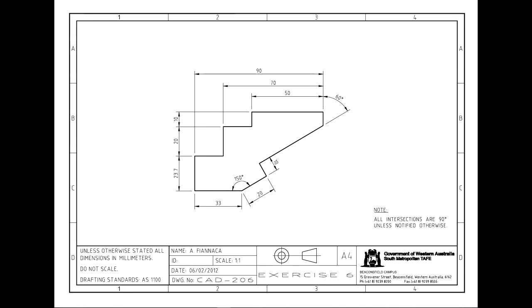So in this tutorial, we're going to be looking at CAD-206. The whole idea of this drawing is quite simple. It's just going to be an exercise in using ortho, object snap tracking, and polar tracking. Alright, so if we have a look at the actual drawing just over here, I'm going to start up in